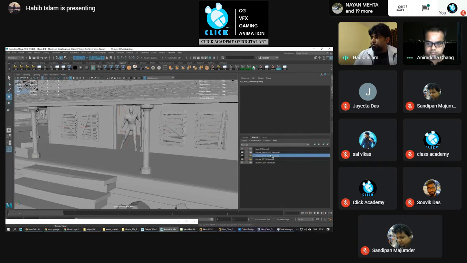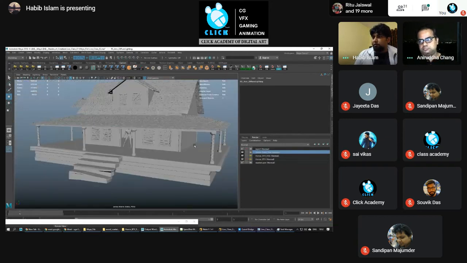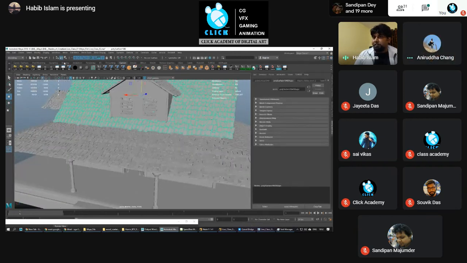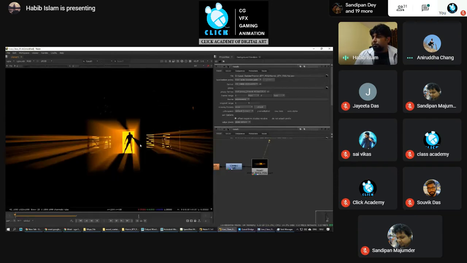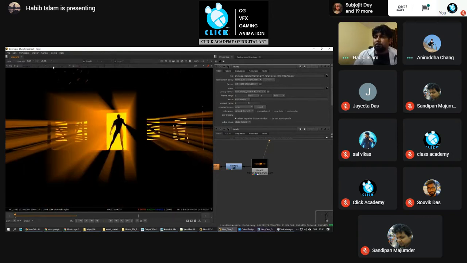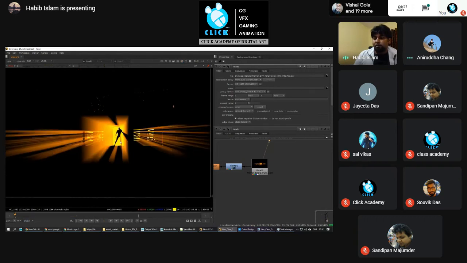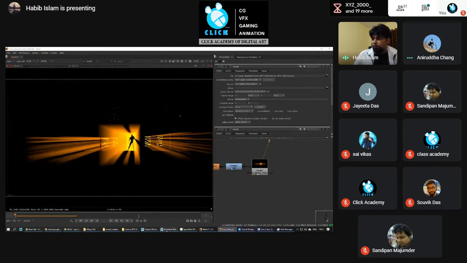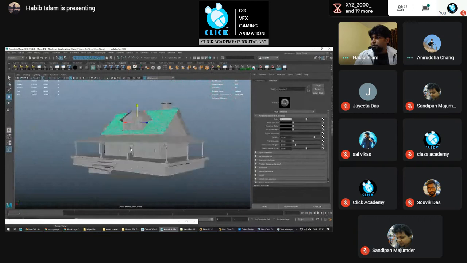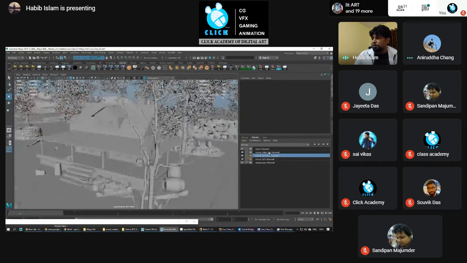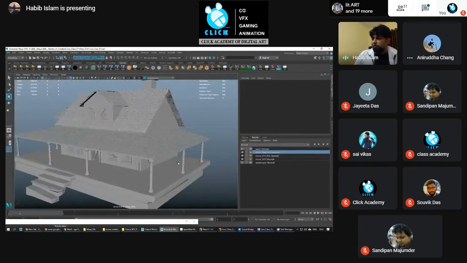So for that light, I've created one separate layer, and for this layer I'm rendering in Lambert only. I'm not using any texture information because I need all the objects to be black only. I just need the volume information of that light so that I can use this light on top of my output so that I'll get some good guardrails. For this light, I've taken out only the house. You can take the whole object in this layer, but I've taken only the house because that is all that will be visible in this layer.